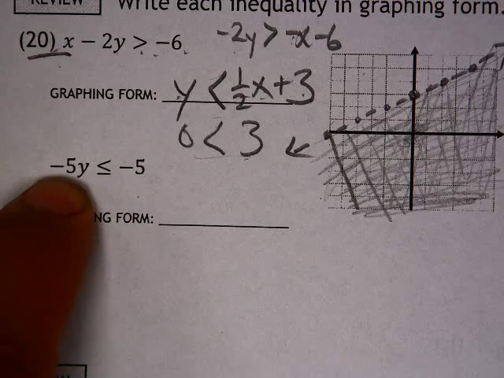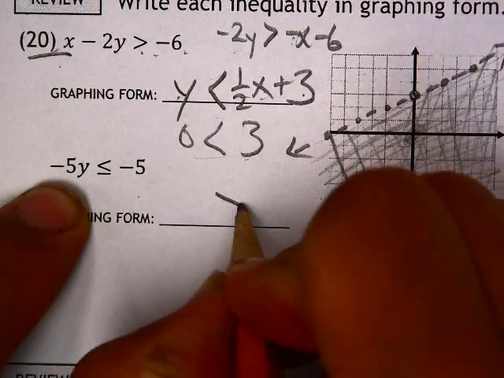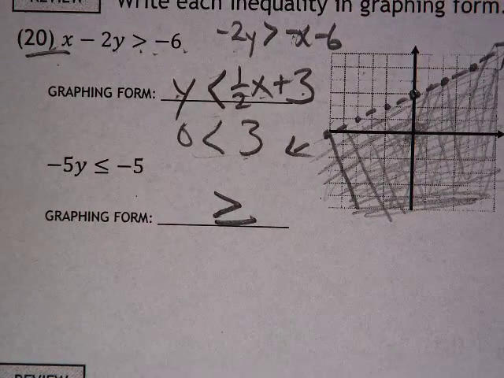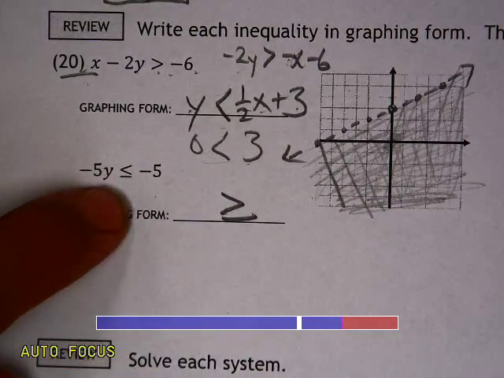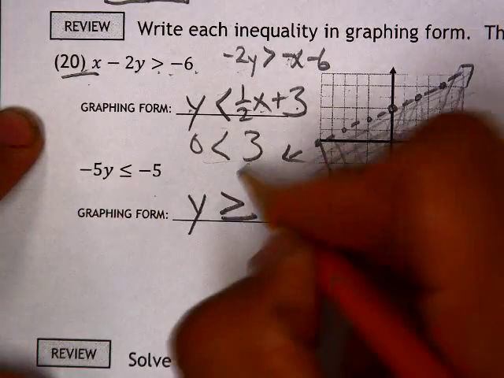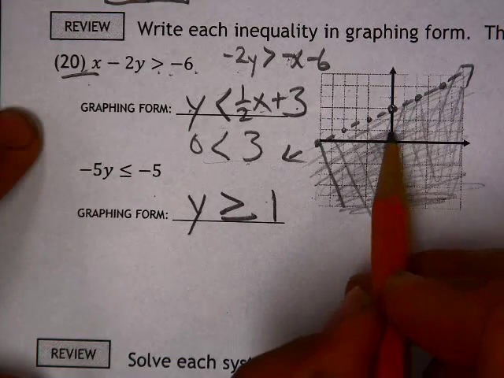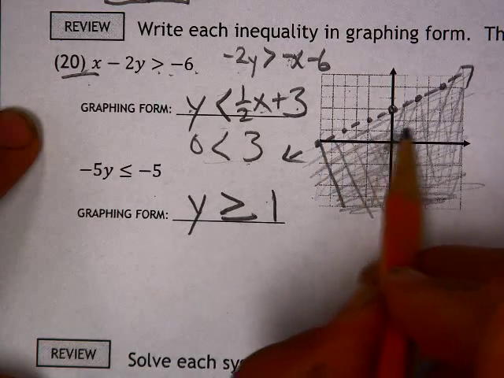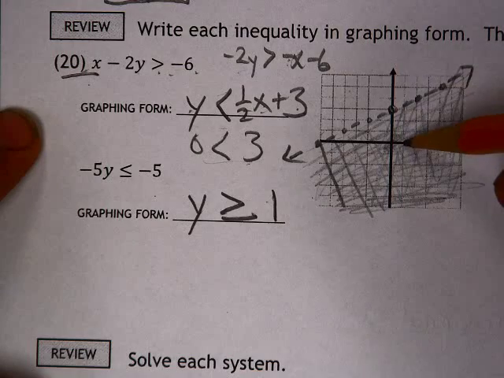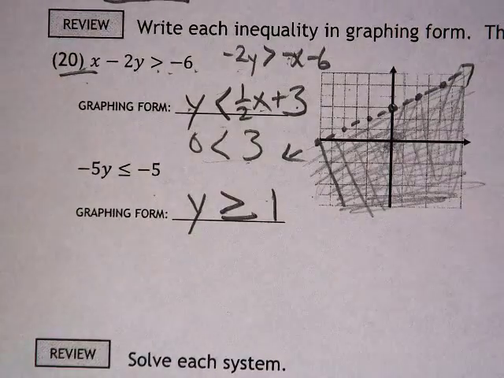So here, divide everything by a negative 5. Oh, turn that sign around right away. There we go, before we even do anything else. So we're left with a y, negative 5 divided by negative 5 is positive 1. So now, do we graph here at 1 going across, or do we graph here at 1 going up and down? In order to figure that out,